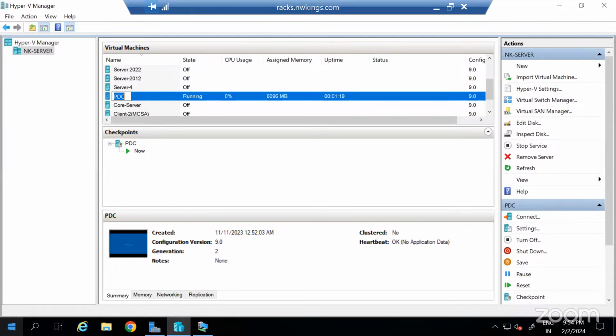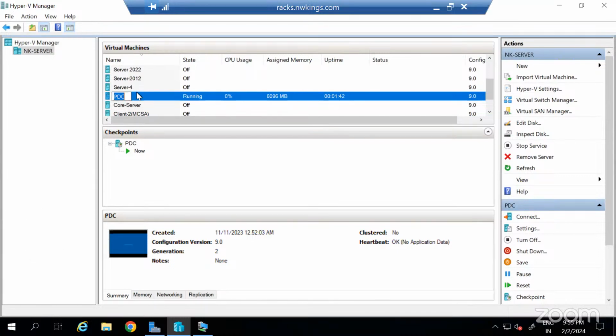So you can install Hyper-V in Windows 10 or Windows 11 if you have the Enterprise or Pro version. Okay, and we have VMware also. I will help you out with how to get it from the internet, how to install it, and even how to activate it. So I'll let you know how to do it.